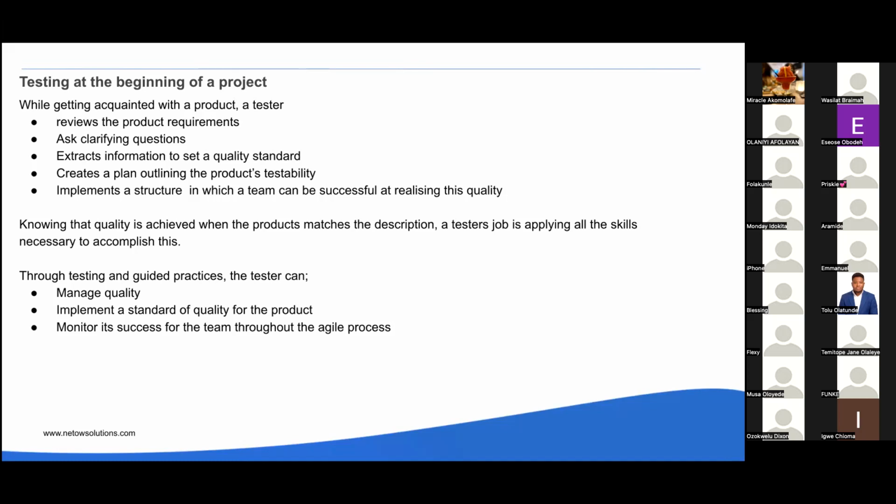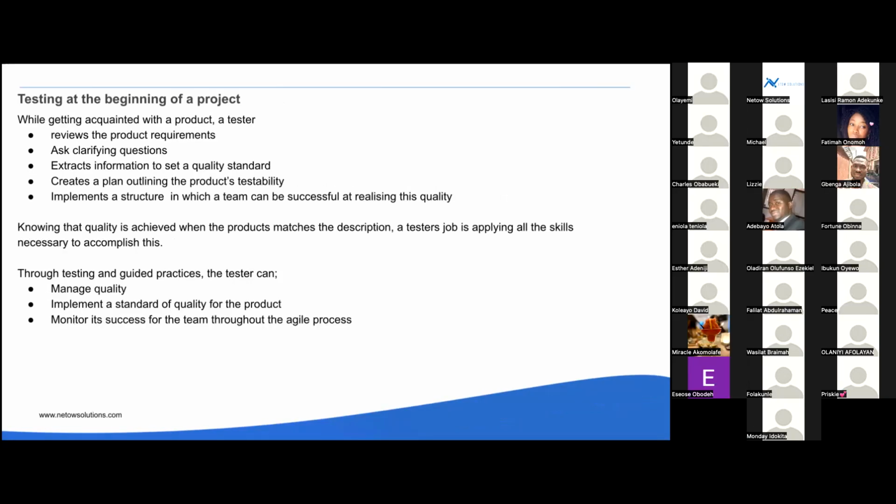Because most times we get to find out that in most of our project teams, once a software functionality is being built, we tend to wait till the end when the feature is ready for testing. But then that takes time. The whole testing process will take time because at that point, at the end of it all, you will not only have to understand what the feature is talking about, you also have to understand the needs, the requirement